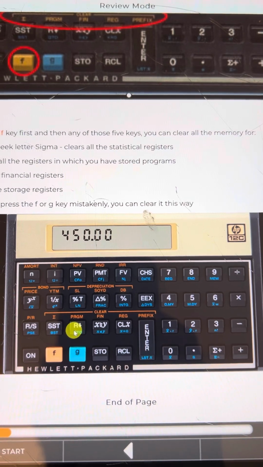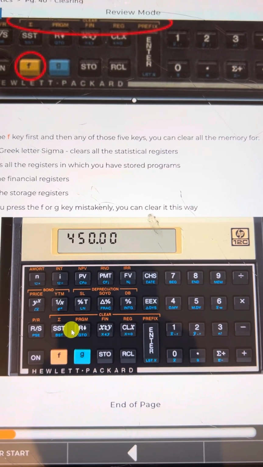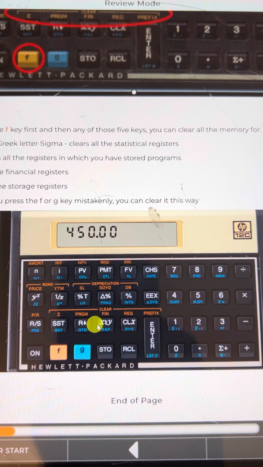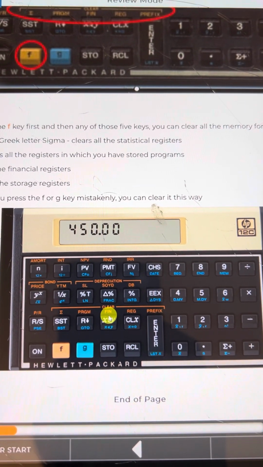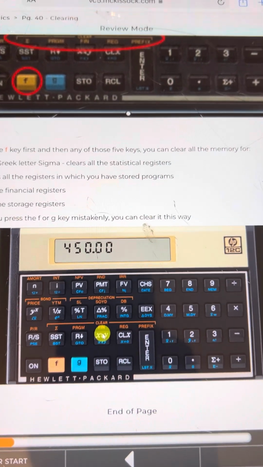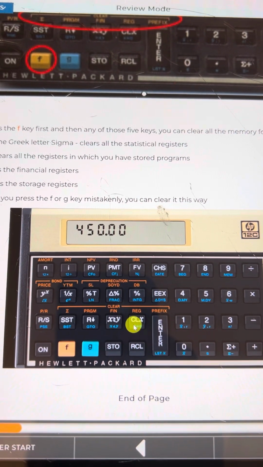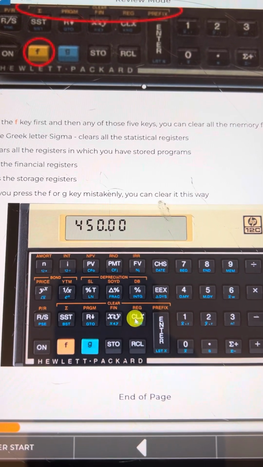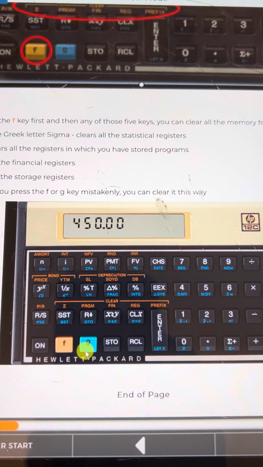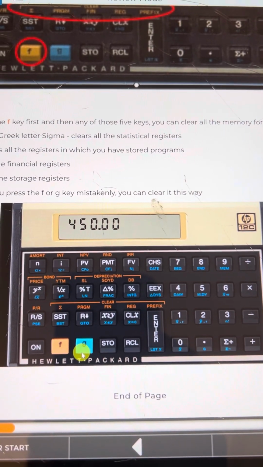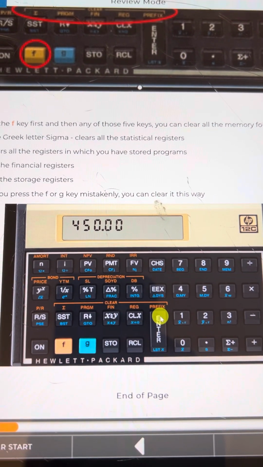We won't get into that in this class, but you can program this calculator to do certain things for you. Next to that, you have the financial registers, or the FIN. That clears all the financial registers, and we'll talk about that later today. And then finally, we have the REG, which clears the storage registers that we were just talking about. And if you happen to hit the F or G key mistakenly, you can clear that by hitting the F prefix button, and that will clear